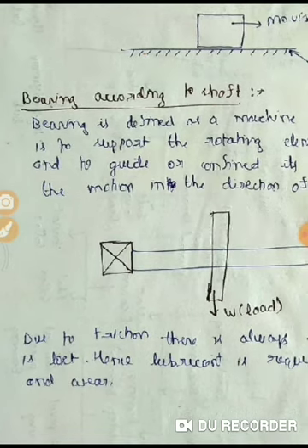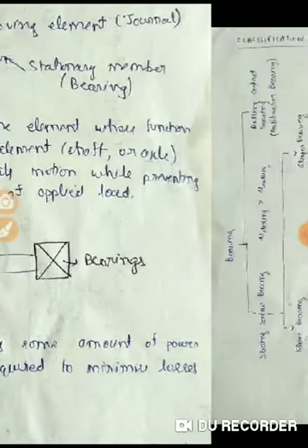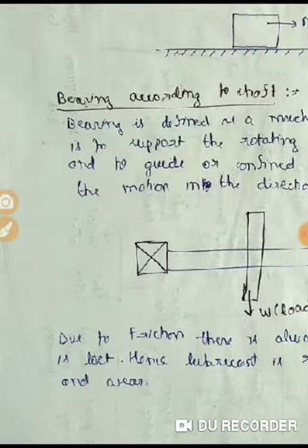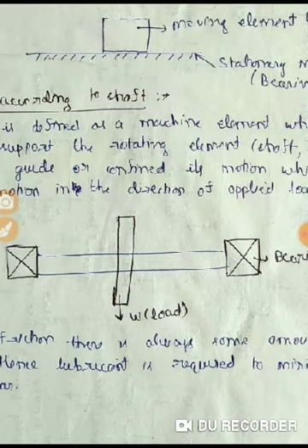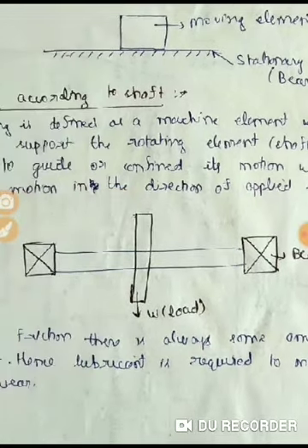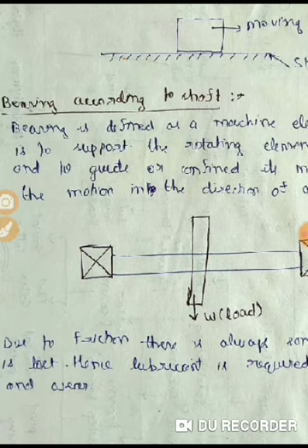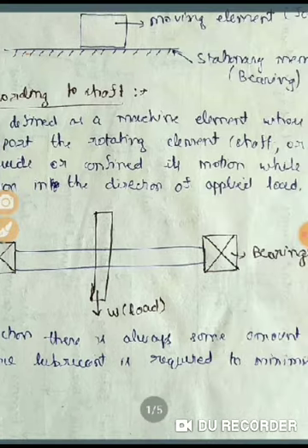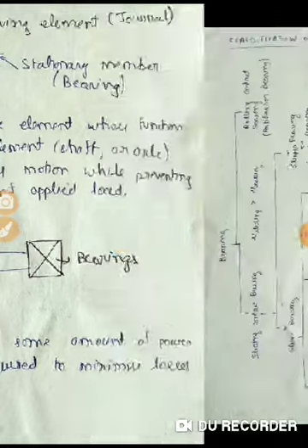Now, due to friction, you always know that there is some amount of power loss. Whenever there is friction, power loss will be present, and power loss due to friction will be observed as heat gain by the system, a rise in the temperature of the system. So to avoid that loss, or to overcome that heat, lubricants are used. This is the first page.